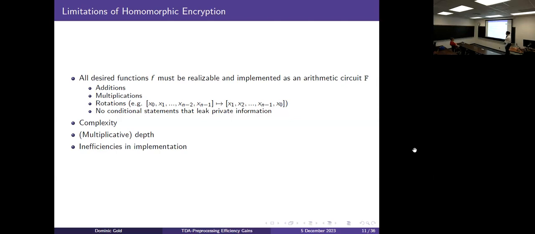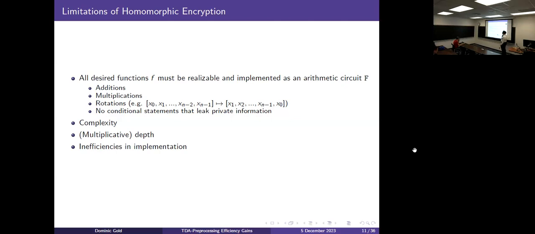So for example, if you're really naive and I say an if statement, if you were to evaluate an if statement very naively, you would have leaked whether a certain thing was true, and you've now just given information about your data, right? Also, it has to be a finite arithmetic circuit. I don't think I wrote finite, but a finite arithmetic circuit.